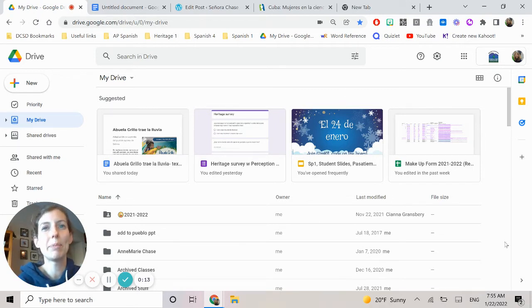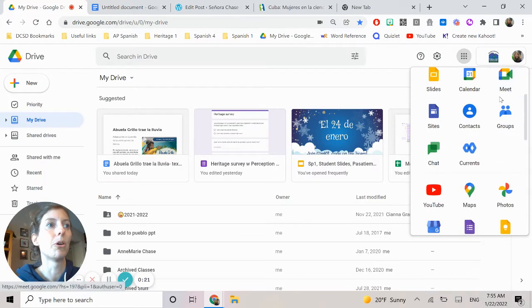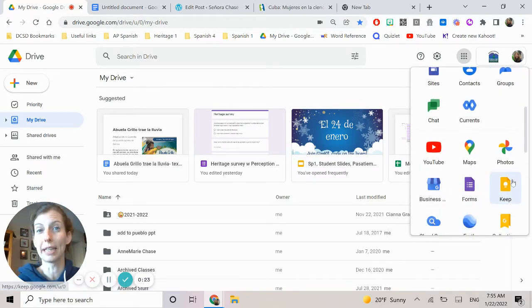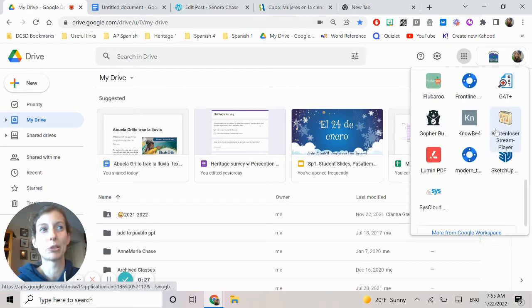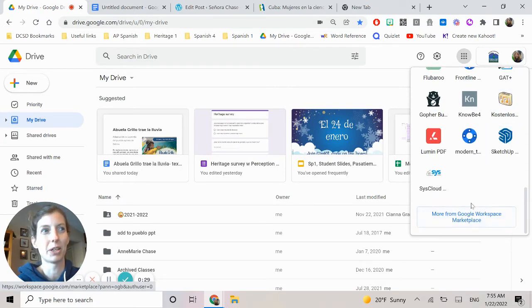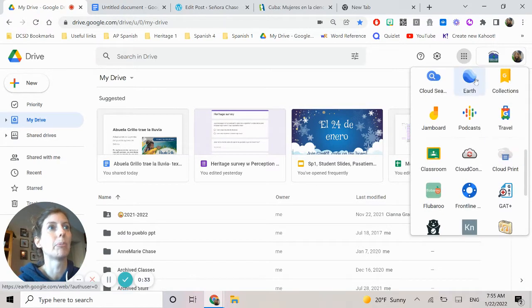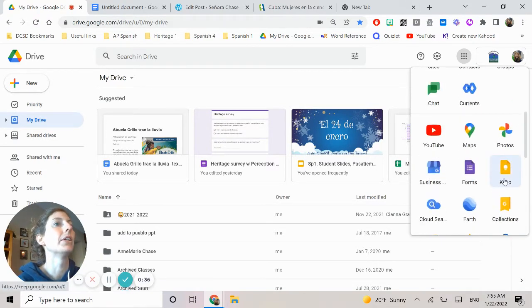So open up your Google, any Google application, and you'll have your apps right here that look like a little waffle. If you click on that and scroll, here's my Google Keep. If yours isn't here because you haven't used it, you might have to keep scrolling and look here from Google if you haven't used it before. But once you use it, it'll show up right here in your waffle. So if you click on Keep,